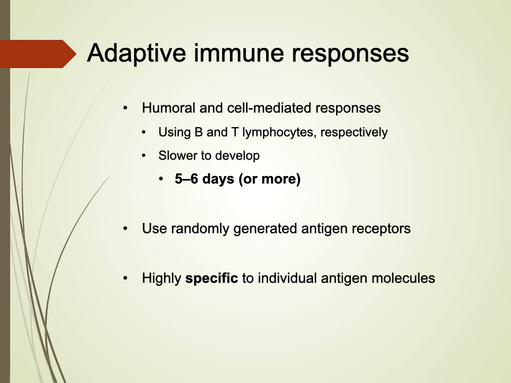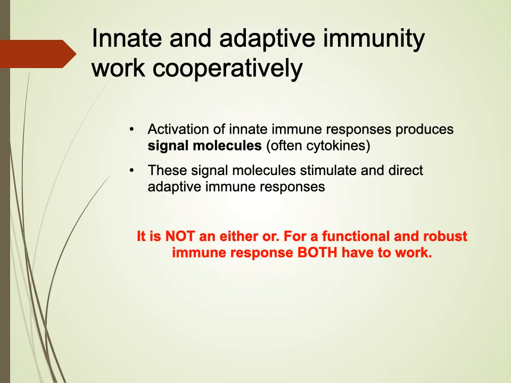So the flagella protein is slightly different between the different strains. And again, those antibodies and B cell and T cell receptors are specific enough to see the difference between those flagella proteins, even though we wouldn't be able to see them unless we actually genotype them. Okay. So again, it's really important to keep in mind that these two branches or systems of immunity work cooperatively together.